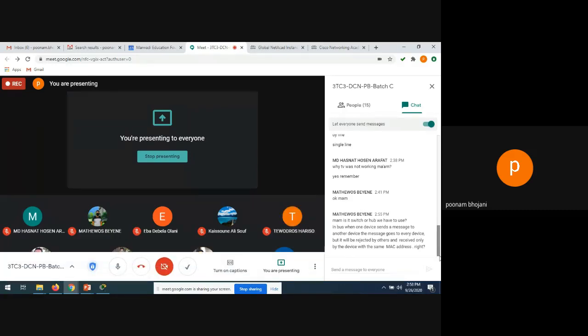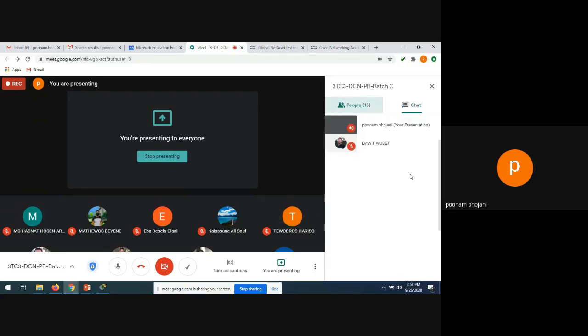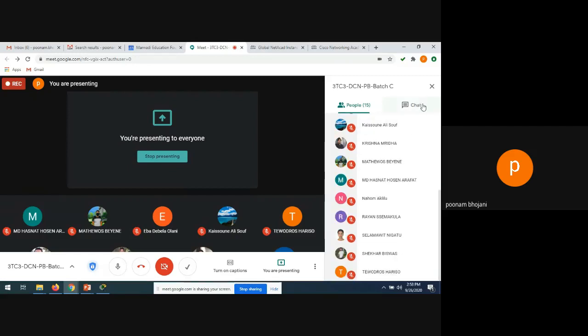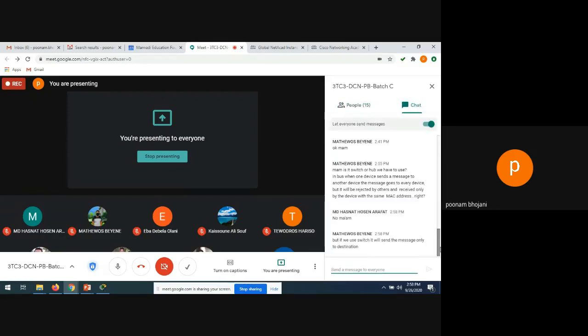Fine. So any doubt in this bus topic or any doubt in Cisco Packet Tracer, how the devices can be connected and how you can see how the data is transferring? Any doubts to anyone? Why have only 13 to 14 students joined? Yeah, but if we use a switch, we can send a message to the appropriate destination only. It will not be sent to everyone. So yeah, there are some advantages and disadvantages of both. I mentioned it earlier, no?